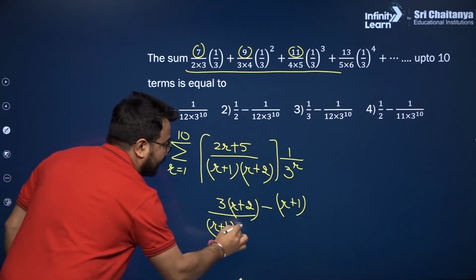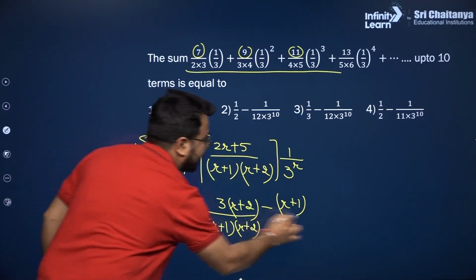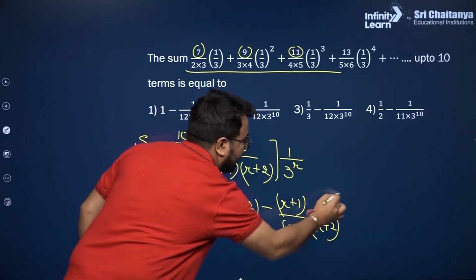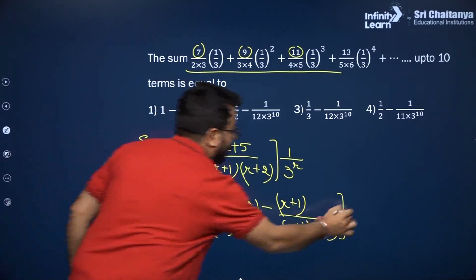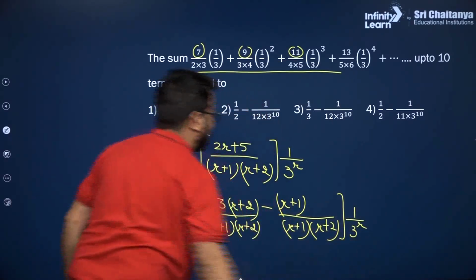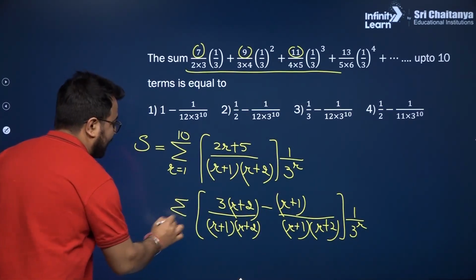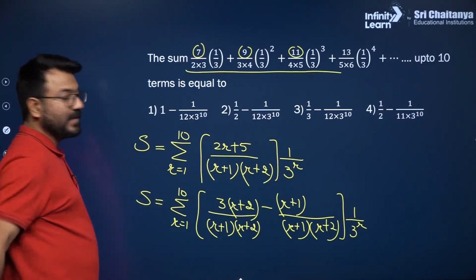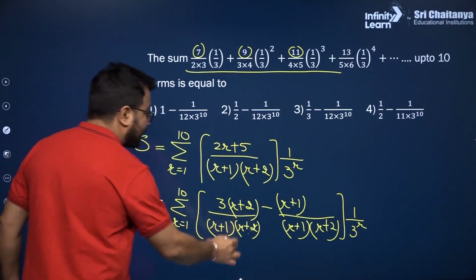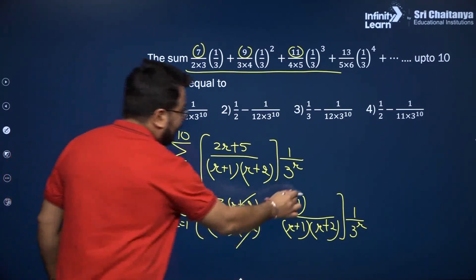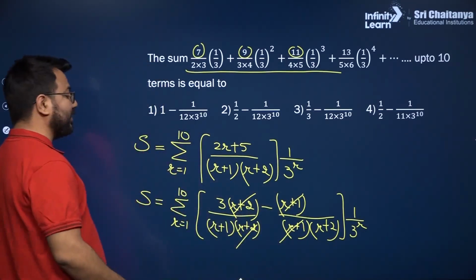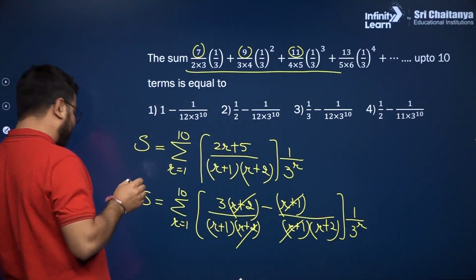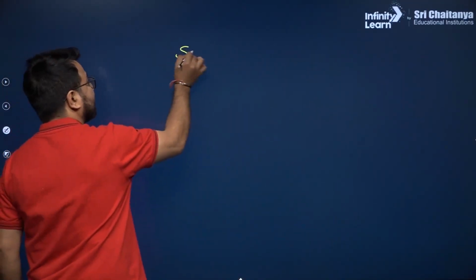That is r plus 1, r plus 2. And here also I will be writing r plus 1 and r plus 2. And here it will be 1 upon 3 raised to the power r. And here we can apply the summation from r equals 1 to r equals 10, and this is S. Now we can easily observe that r plus 2 both are getting cancelled. R plus 1 both are getting cancelled. So if I take this 1 upon 3^r inside, we will be left with the value of S equals